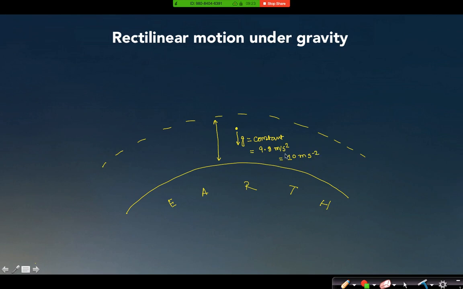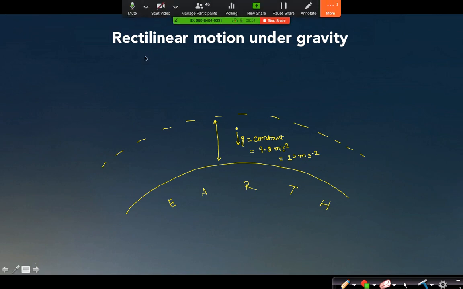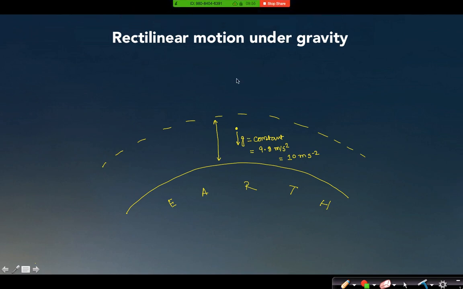In most of the cases if you take 10 meter per second square your calculation becomes easier. So we will always take gravitational acceleration to be like this, right? So this is called motion under gravity, which is nothing but a constant acceleration. So this is rectilinear motion under constant acceleration, the same thing,